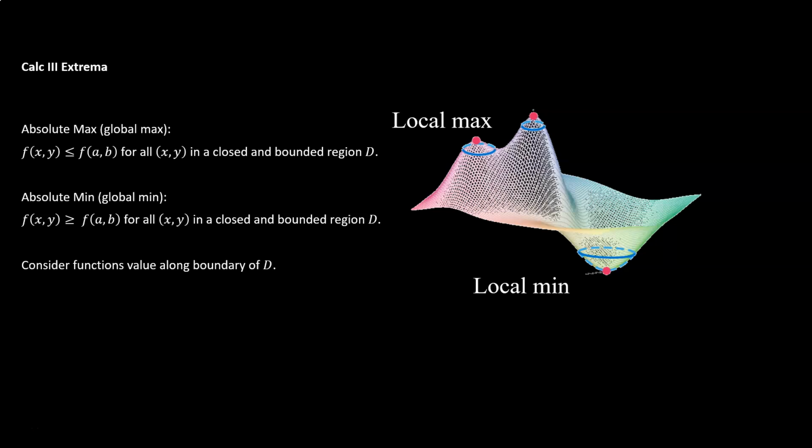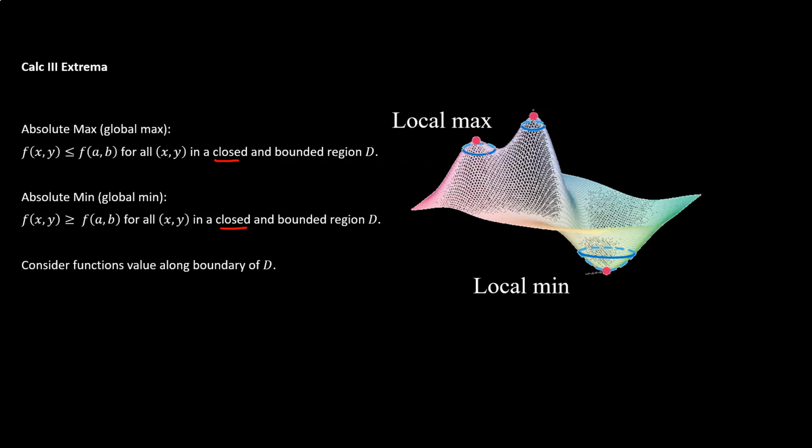We talked about local extrema. Now let's talk about absolute extrema. An absolute max or min only occurs on a closed and bounded region. So when we're looking at local, we're not including any of the points along these circles. It's an open disk. But when we're talking about absolute, it needs to be a closed disk, which means we